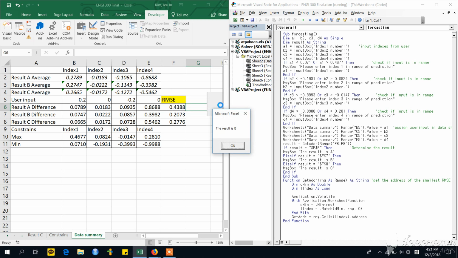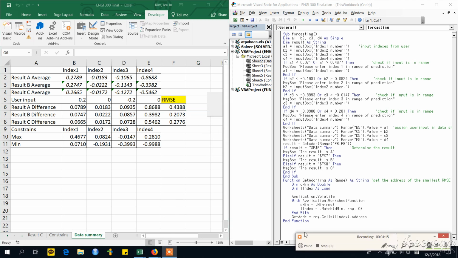Alright, so the result is B, which has the lowest root mean square error of everything. That is our explanation of the